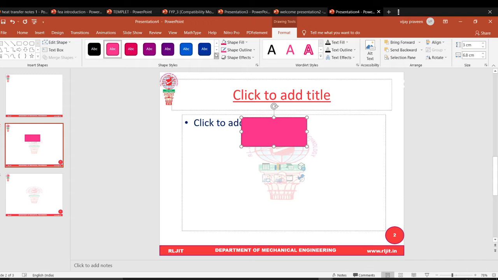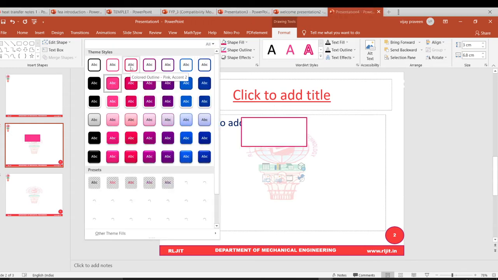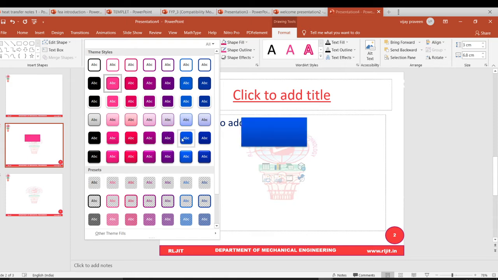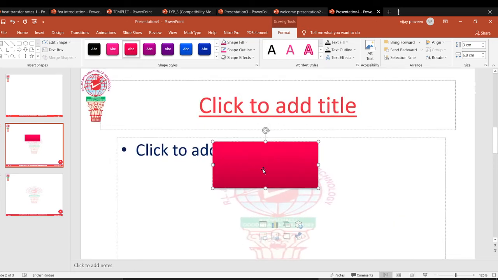Double click on this. If you want to change the color, you can change it. You can make anything as you wish. I will keep red now. I will double click, and a cursor will be highlighted. You can observe, that means you can type now. So let us check now. What I will do is type, define the problem.